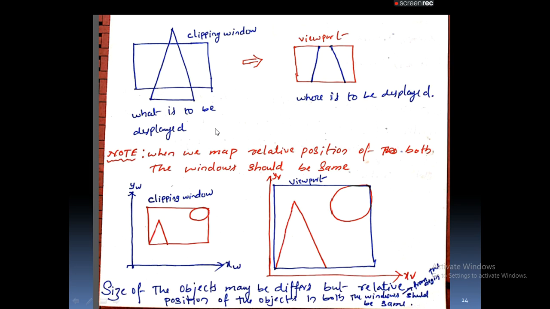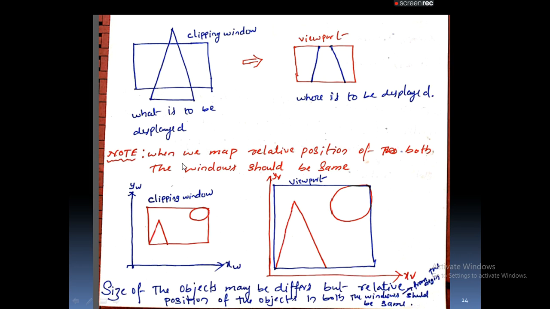So in this type of transformation, I need a clipping window and a viewport, because here I have written clearly we want to map the clipping window, or the viewing coordinates, directly to the screen coordinates. Then we need two types of window. One is called the clipping window, and the other is called the viewport.